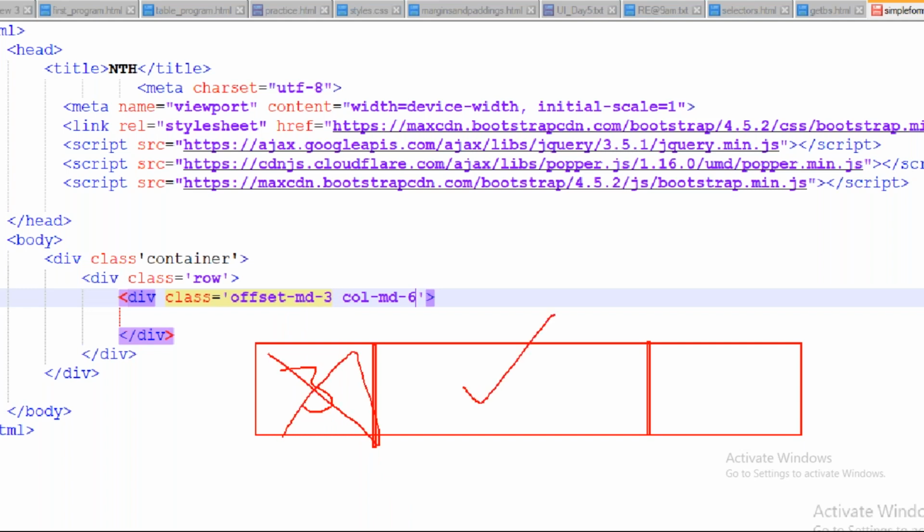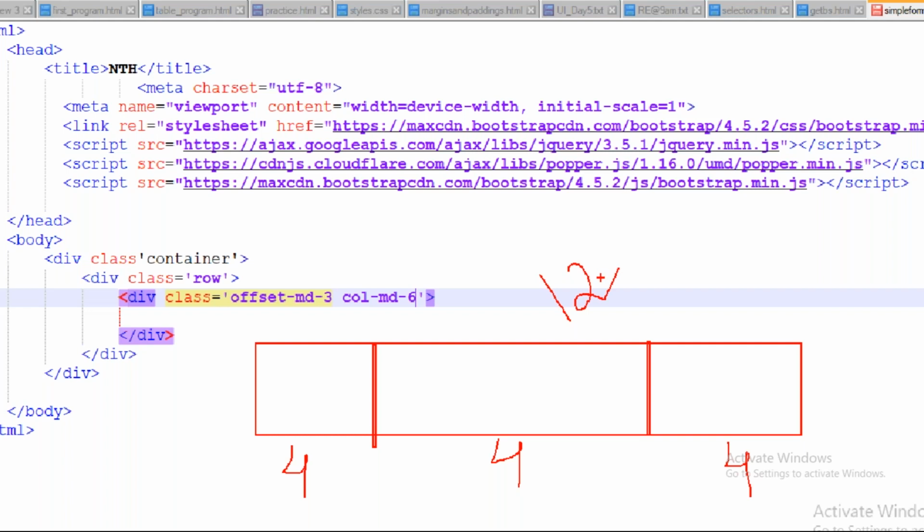The next 6 are used to create a form, guys. And how many remaining are there? Automatically 3 are there. So I want the middle 6, which means we skip 3 and the remaining 3 are left. Then in the middle, 6 are there. If I want to use the middle 4 columns, then skip 4, then you can use 4. Remaining automatically 4 will be there. Total number of columns is exactly 12, guys. All clear, right?